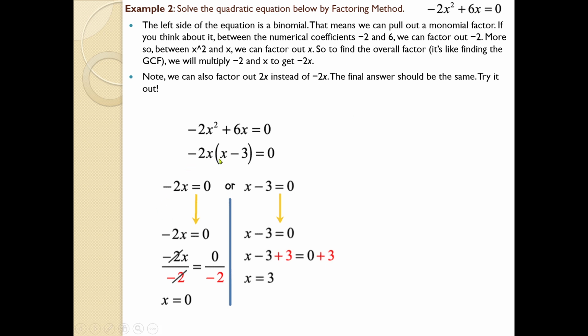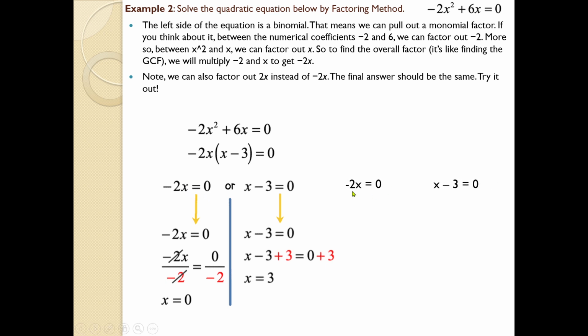So minus 2x into x minus 3 equal to 0. Your computation is almost over, because now you have to split these into different factors. How many factors are there? This one is one factor, this one is another factor. So it will be written as minus 2x equal to 0 and x minus 3 equal to 0, just like the one which we have done in the previous session. So minus 2x equal to 0. So what will be the value of x?